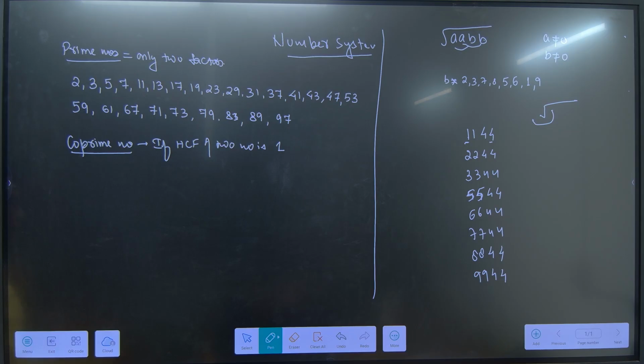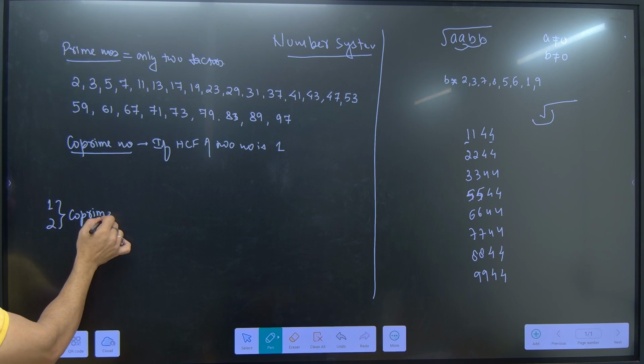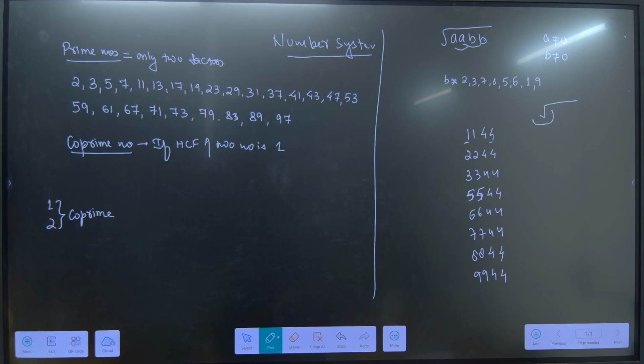Second thing, see, 1 is neither prime nor composite, but 1 and 2 together they are co-prime. In fact, 1 with anything is co-prime. 1 का एक ही फैक्टर है, दूसरे नंबर का 1 और 2 या 1 3 1 2 4 6 कुछ भी हो सकता है. तो 1 is co-prime with everyone,